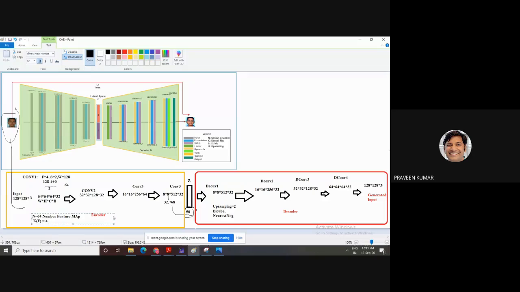I worked 6 months on this architecture to stabilize it. All these parameters I have tuned. Sometimes I applied 3 cross 3, 9 cross 9, 5 cross 5. Then I found out this parameter is suitable for my model. This one is 4, the filter size. Then the stride is 2. Then padding this time we consider as 0.